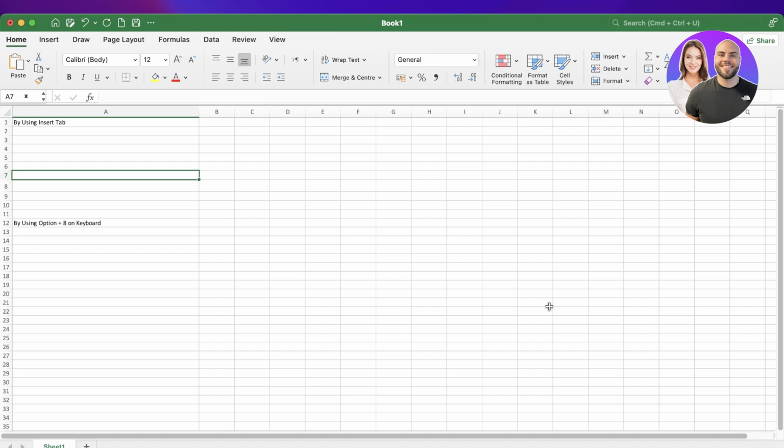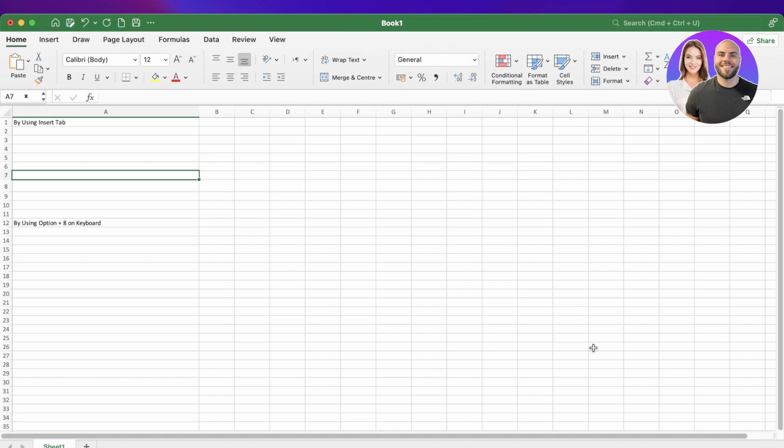In today's video, I'll be showing you guys two different ways where you can add bullet points in Excel. I do have one additional method, but that's only applicable to Windows users. For Mac, for some reason, the formulas are not the same, and I couldn't seem to find the Mac formula